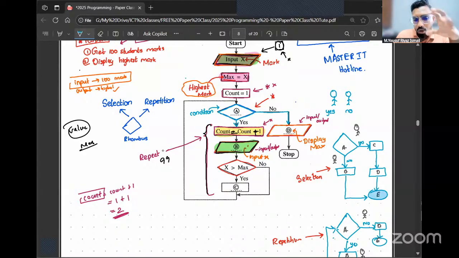Okay. So now you have to figure out how we can write the condition here such that we can get through this repetition structure. We have to figure out a condition we can write there such that these instructions we mentioned inside are going to be repeated 99 times. If you notice, when we were doing the program, we found out the purpose of the x variable, we found out the purpose of the max variable.